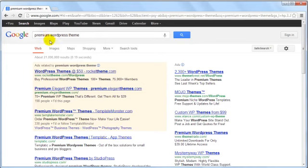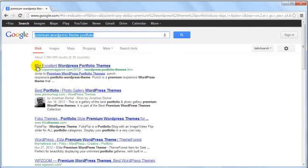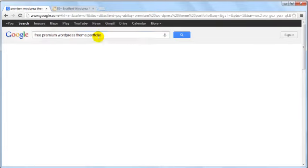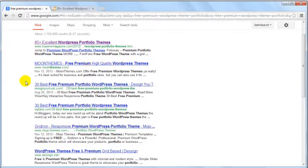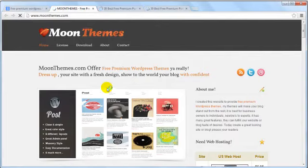So what I recommend that you do is search for premium WordPress theme plus portfolio. And as you can see, it says 85 excellent WordPress portfolio themes. And what I would normally do, if you are on a budget, is type in free premium WordPress theme portfolio. So you can look for free ones first before you look for the paid ones and see what's available. So out of these three sites here,